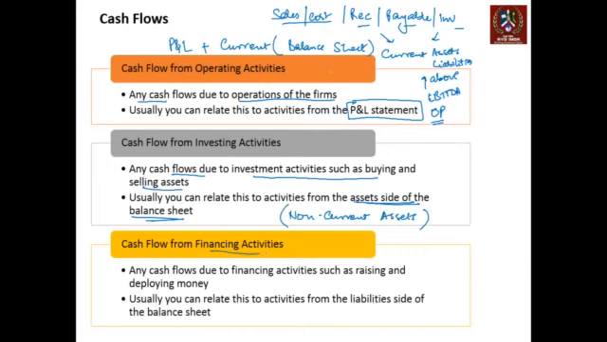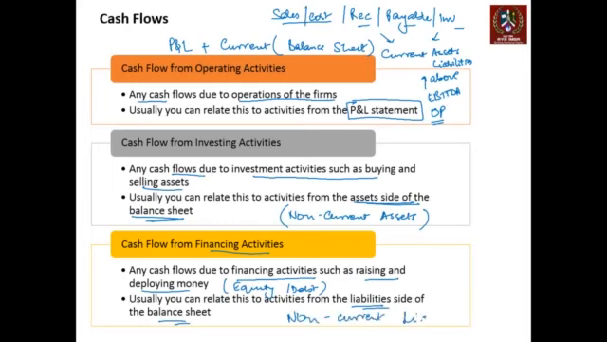And when you look at cash from financing activities, this is any cash flows due to financing activities such as raising or deploying money either through equity or through debt. Even things like dividend payouts would come in here. Now, usually you can relate this to the liabilities side of the balance sheet. Again, non-current portion